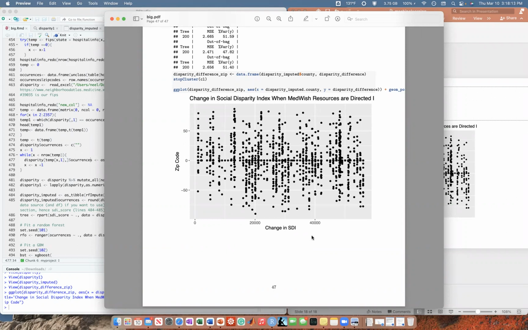What if you did a time series analysis for every single county, which would be as simple as expanding my code, finding the data set from 2015, putting it in here, imputing it with the same data, and changing what data sets to use, because remember MedWish has everything from 2017 to 2021.